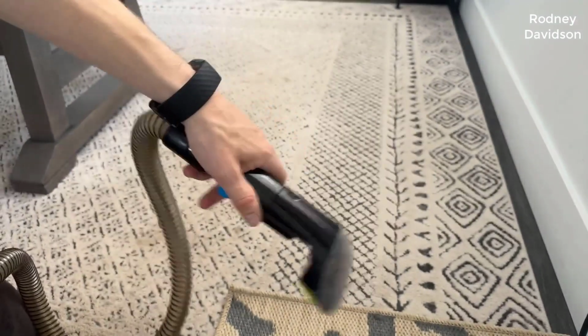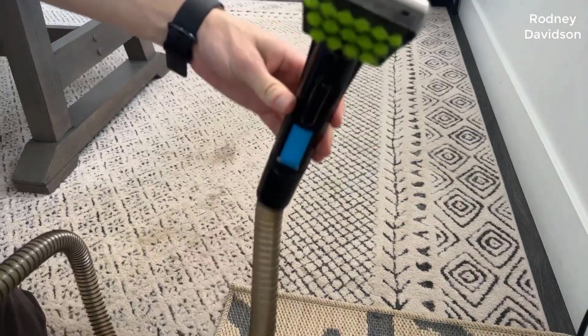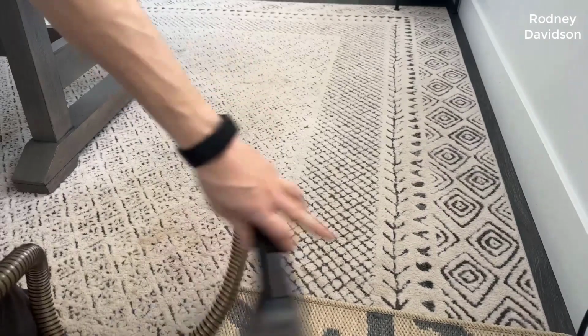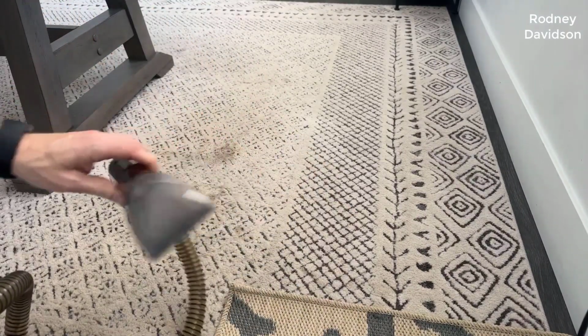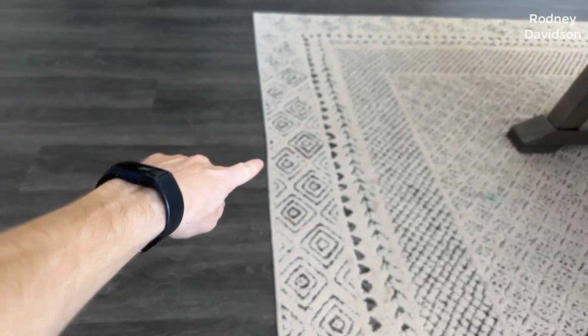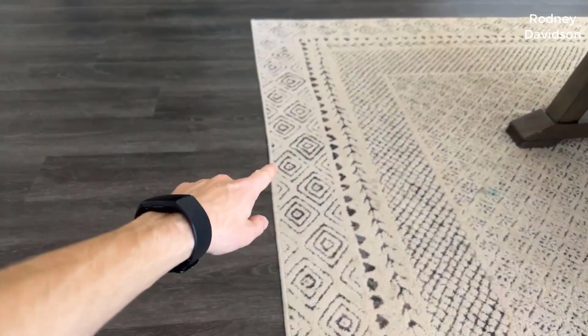You're gonna shoot some water and solution onto the carpeted area, but you wanna make sure that you run over it with the vacuum enough times that you actually pick up the excess water. That was something that I didn't do the first time I worked on this carpet, and you can see, it's kind of hard to see, but there's like a bump right there. There's like a lift. We've kind of gotten it out, but what happened is